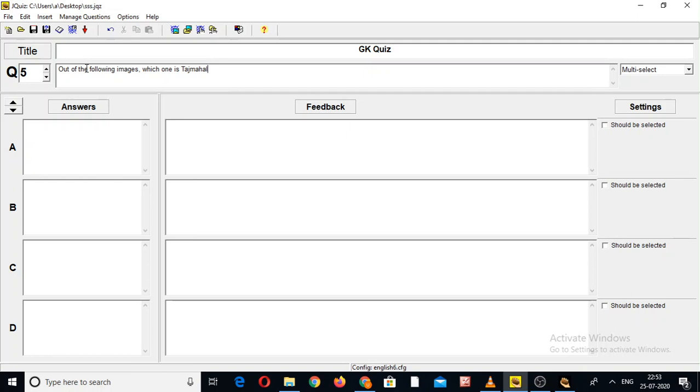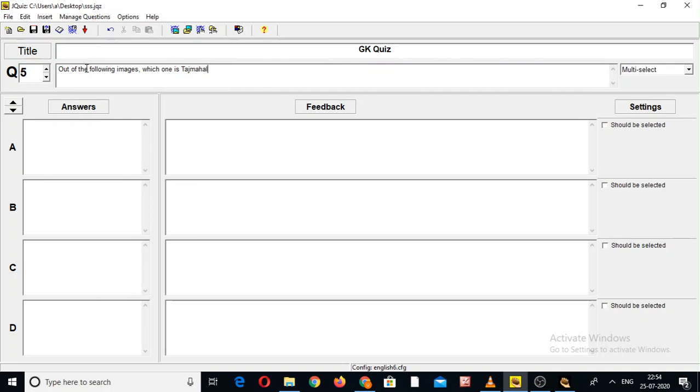In this question, out of the following images, which one is the Taj Mahal? In the case of this JQuiz, there is an option for images also, which means 4 images will be there, and out of these 4 images the student will try to identify which one is the right answer.